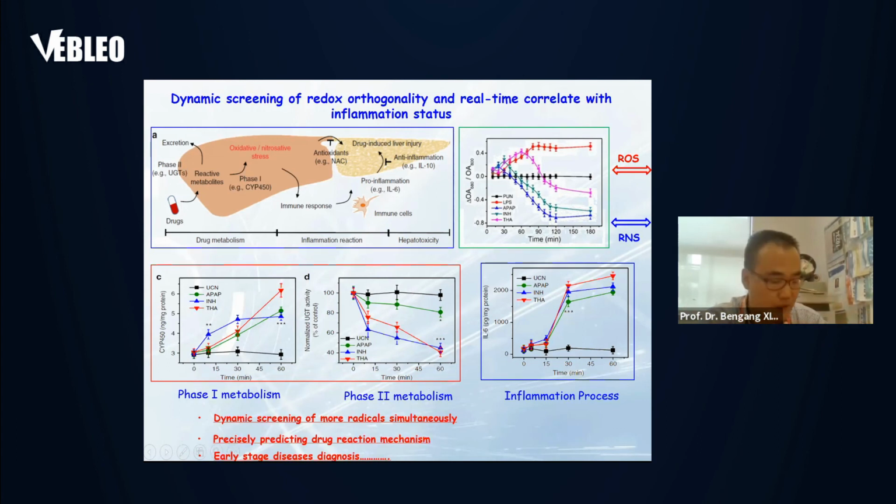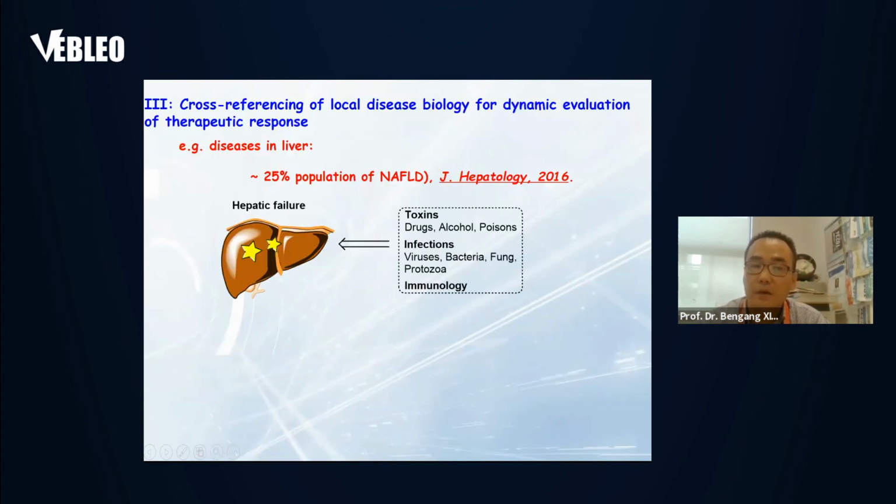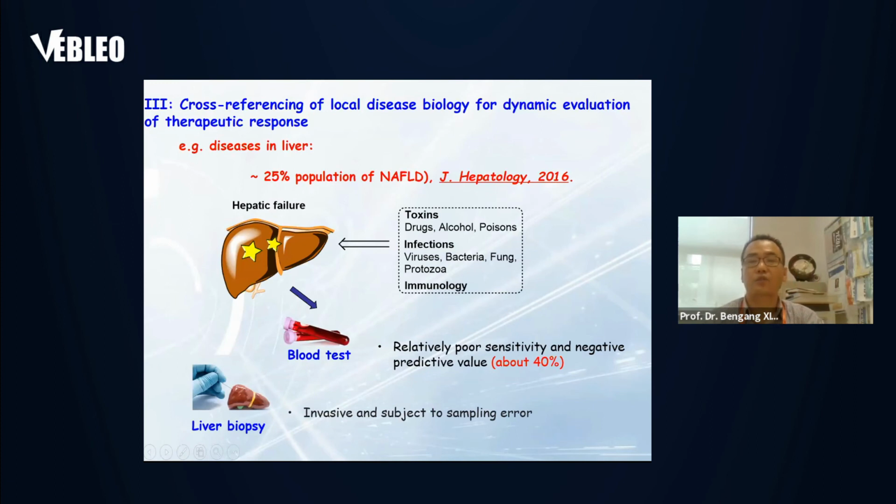And also we can precisely understand drug metabolism, and we can achieve early-stage disease diagnosis. Not only screening different inflammation or different stages of disease, we can also use the same concept to evaluate the therapeutic treatment effect in a dynamic manner. So you don't need, as in the traditional way, to draw blood and test the blood sample every time,